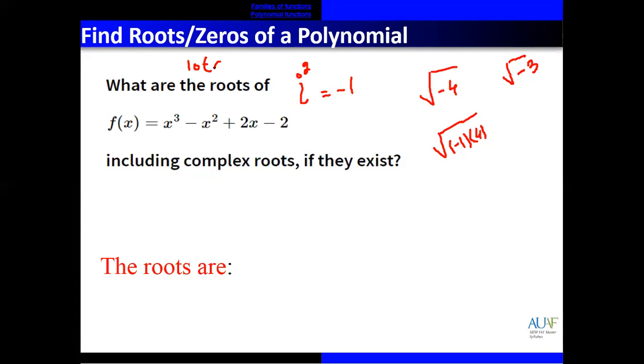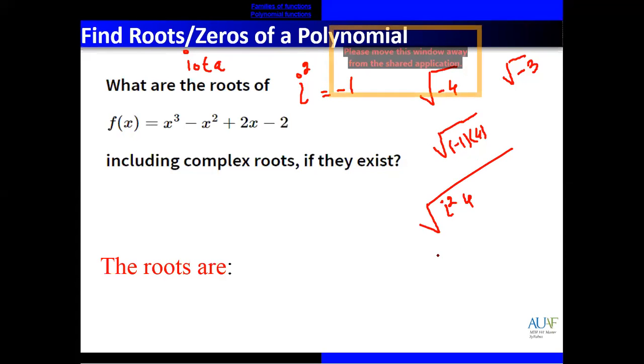The spelling of this one is iota. Iota square. This is not a real number like 1, 2, 3, 4. This is an imaginary number. Just for solving this root, we use iota square, so iota square is equal to minus 1. So in this root, in place of minus 1, we use iota square multiplied by 4. We can write separately iota square and a separate root, and 4 we can write separately like 2 square.